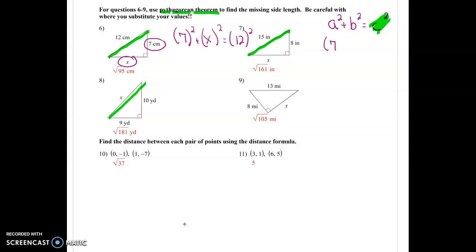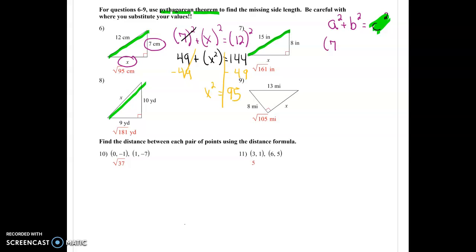And then I want to start simplifying, so I will get rid of my exponents in parentheses. 7 squared is 49. X squared is just the way it is. 12 squared, 12 times 12 is 144. And so now, to start solving for x, I'm going to move that 49 over. I'm going to isolate my x. So when I do that, I now have x squared, and on the right side I have 95, and then